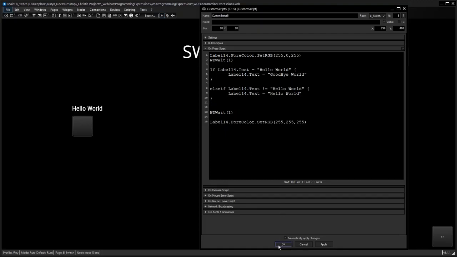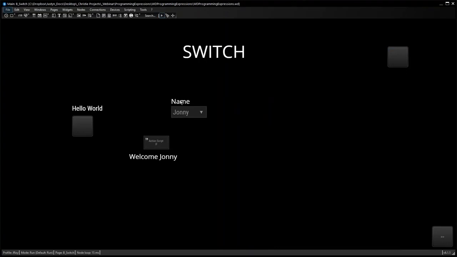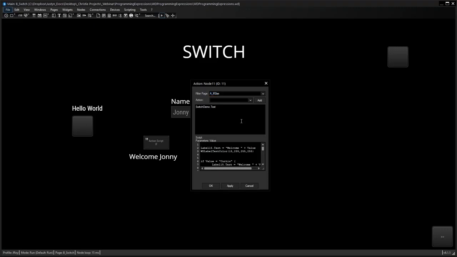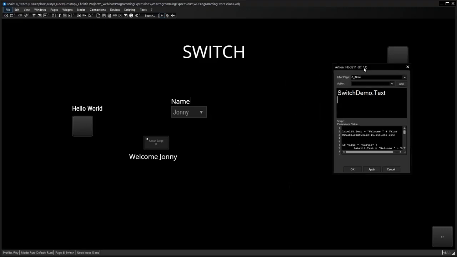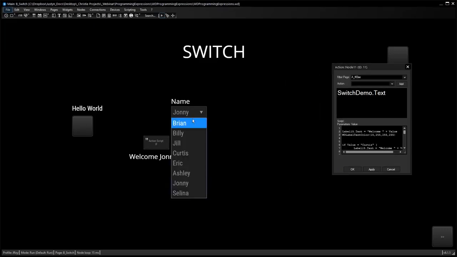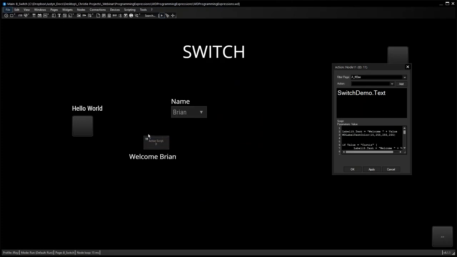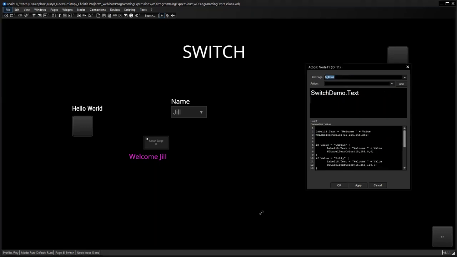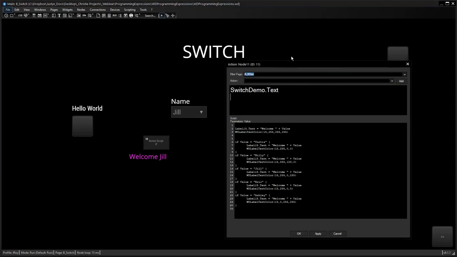So instead, we'll look at using a switch. If we have something, we're using a drop-down menu in this case. Again, I'm looking at the drop-down menu here, and you see when I change this drop-down menu, it activates this by turning it blue. And then I have my if statement inside of this